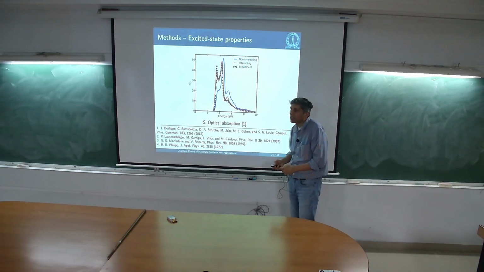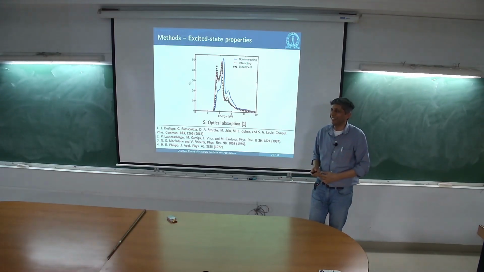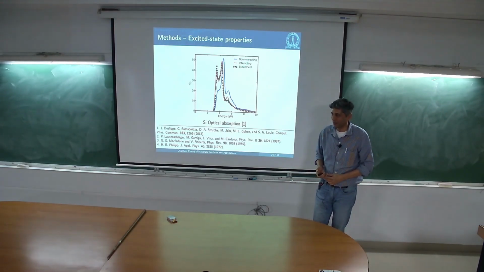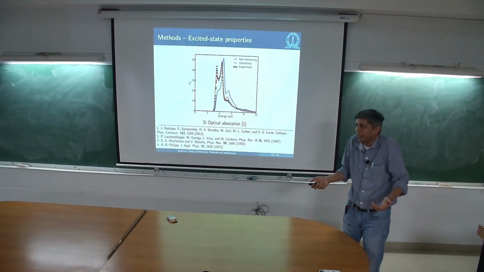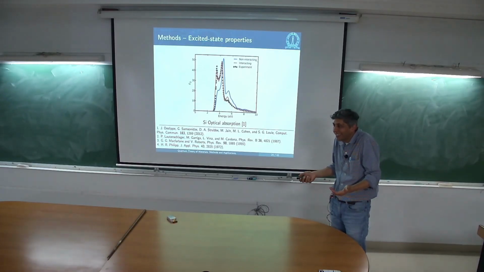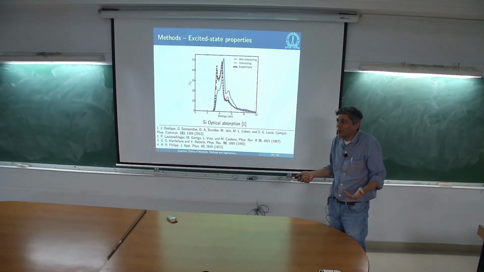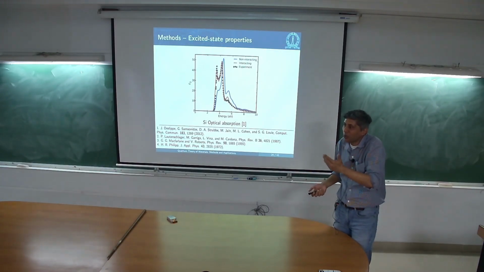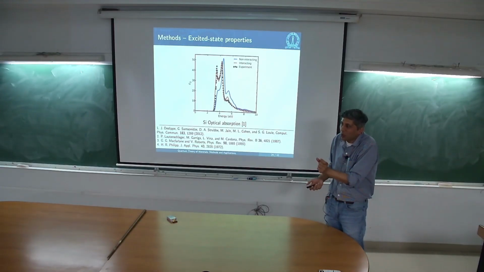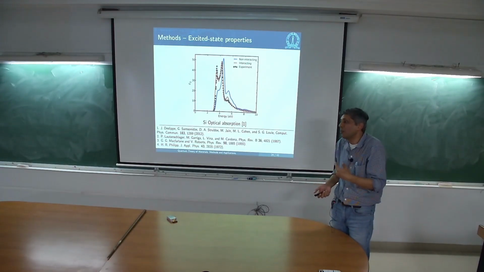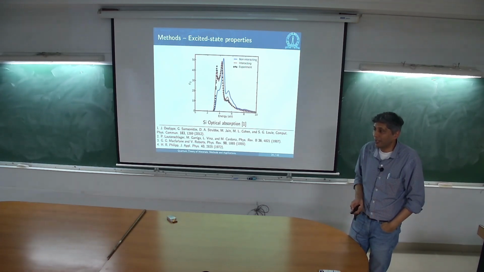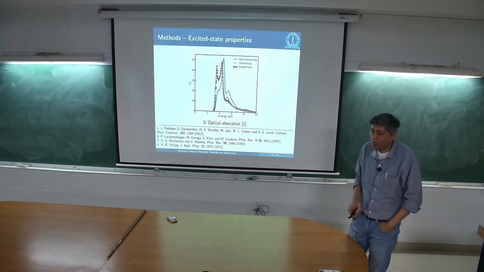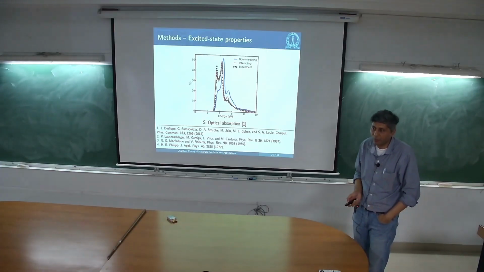So it turns out screening is usually very weak in 2D systems, right? If you think about it, what would be the attractive interaction between the electron and hole? If there were no screening, it would be minus e squared over R. If I put in a dielectric constant epsilon, it is minus e squared over epsilon R. So as I go to lower and lower dimensions, it becomes even more strongly bound. 1D systems have even stronger binding, right? I will show you for WSe2, this binding can be very large.